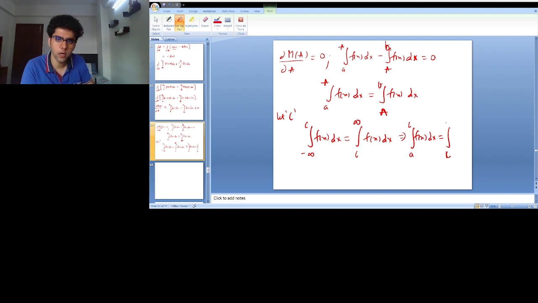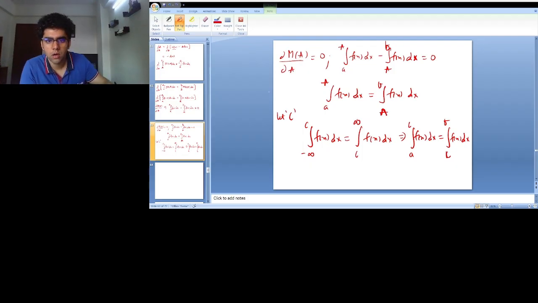This is the property of the median. So my upper limit is b in this case, and this is f(x) dx. Now you can see that C and A are equal, right? This is the formula for finding the median,